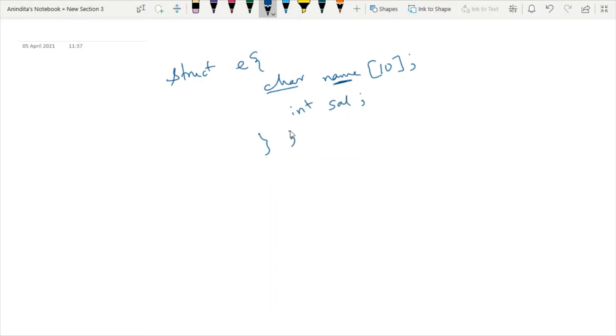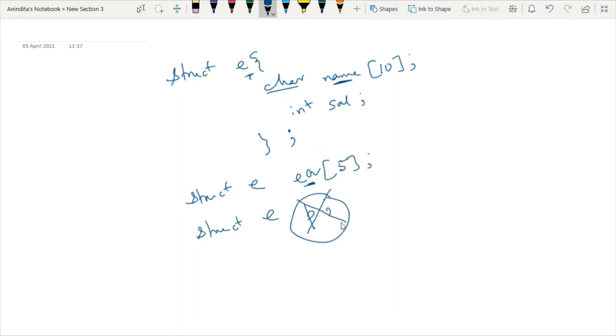After ending this structure, our next intention is to write a variable, right? So in this case, I can write an array. Instead of writing this variable, I can define one array. So here it indicates that EA is a structure variable which is an array of size 5.